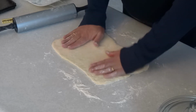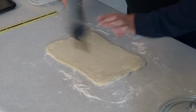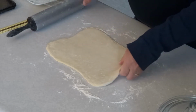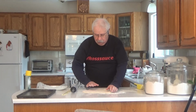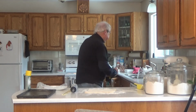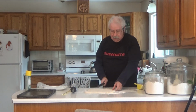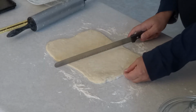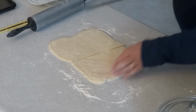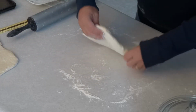And what we're going to do is make sure we got 8 inches, a little bit less. You do have to be careful because when you manipulate it, it tends to shrink down. So, what we're going to do is cut it at an angle in half to make 2 squares. So, we just have to be roughly half at the same angle, just like that. And we'll set one of the parallelograms aside, and we'll take the other,